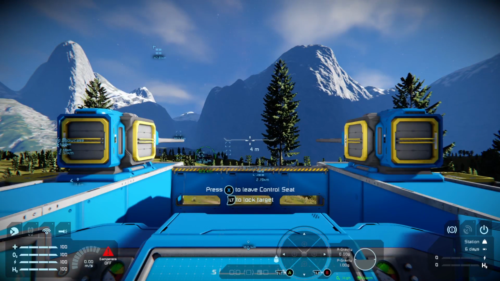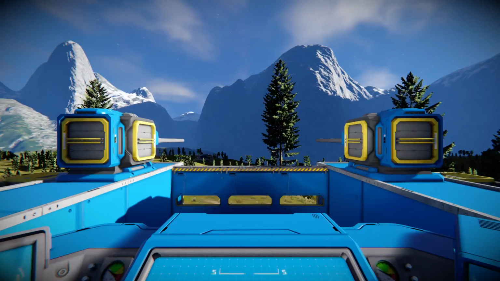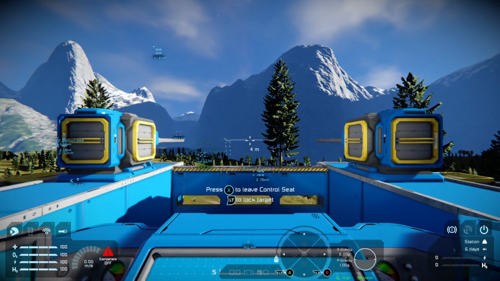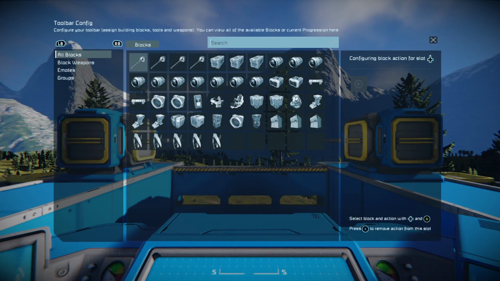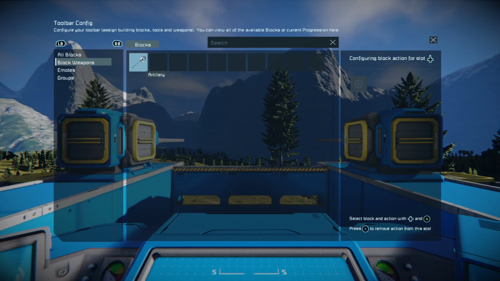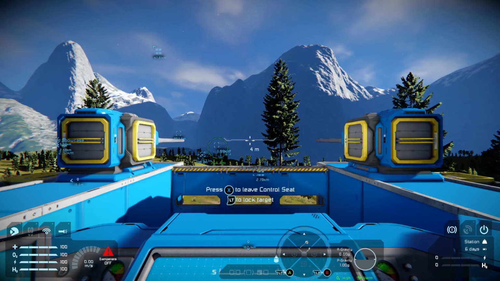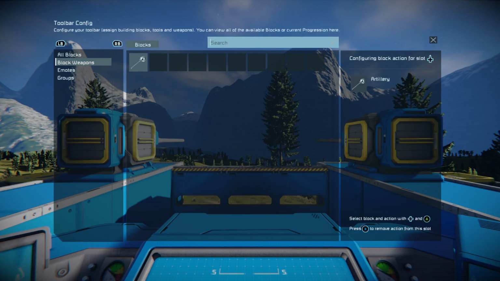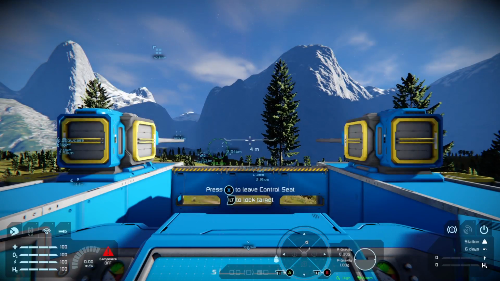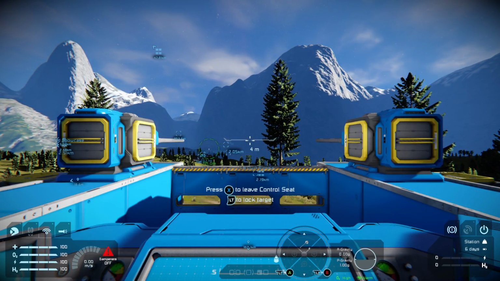What you can do is simply go into block tools, or rather go into block weapons, and you'll see that all of your artillery are listed here. If you select the block weapons, so all I did was hold down the D-pad in the direction I wanted, tapped the right bumper until I was on block weapons, selected the block weapon, and the block weapon is in that segment.